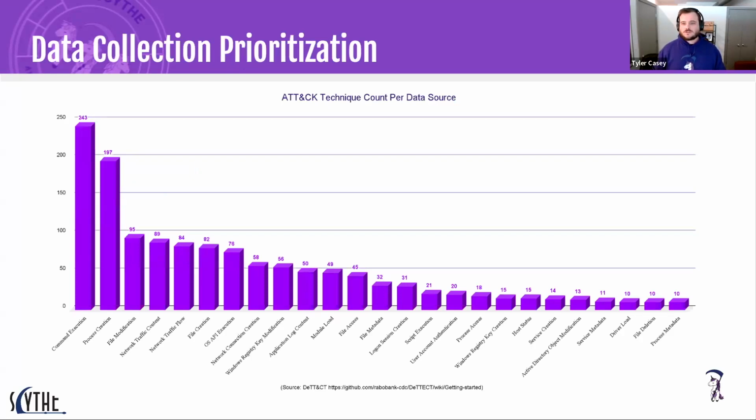Yeah. Splunk, that's what I'm talking about. Under my Scythe shirt, I have a Splunk t-shirt on. It says looking for trouble. But